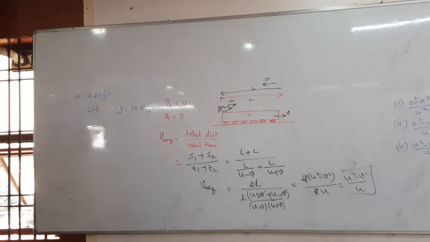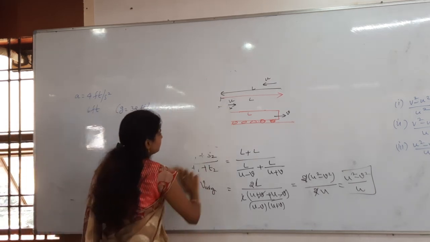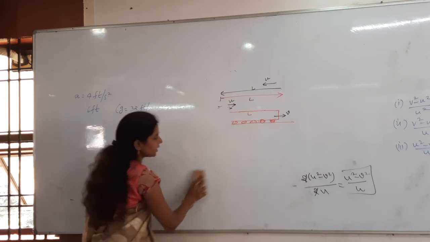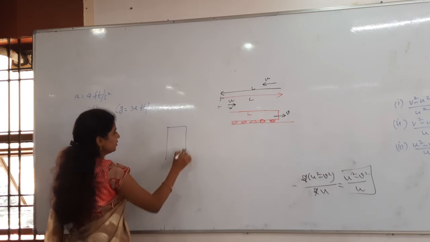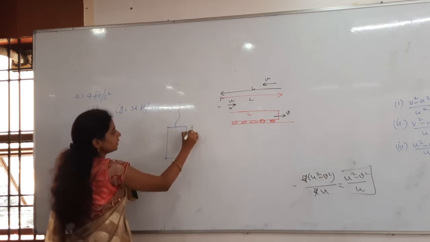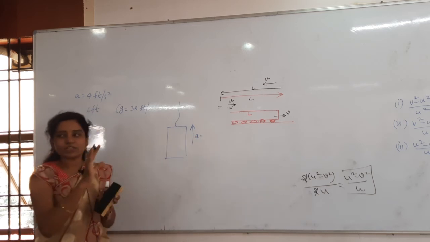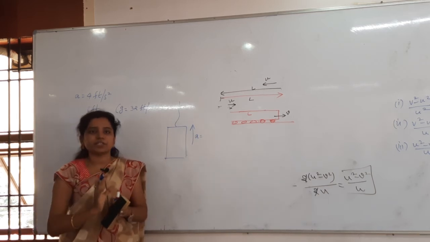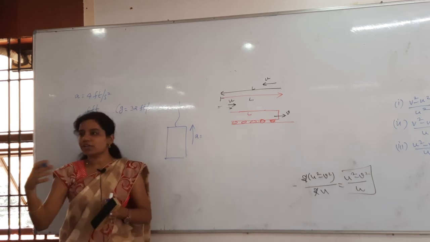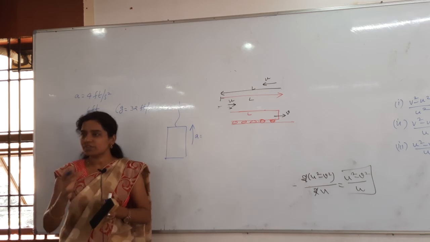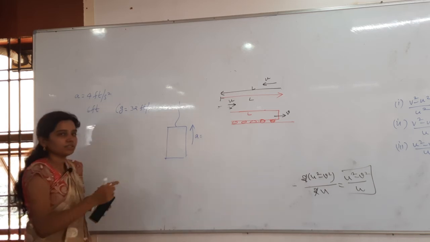Lift is ascending. Ascending, nothing but it is going in which direction? Upward direction. The bolt is falling, nothing but it is falling in the downward direction. I will explain the diagram, you can solve. 1 by root 3 is the correct answer. See that, the lift is going in the upward direction. With what acceleration? Don't convert any units. Don't get worried whenever you see feet. Everything is there in feet only, no? There is no problem in that. If you want to convert feet again to meter per second, there is no need. Everything is in feet only. They have given g also in feet only. Then what is the problem?